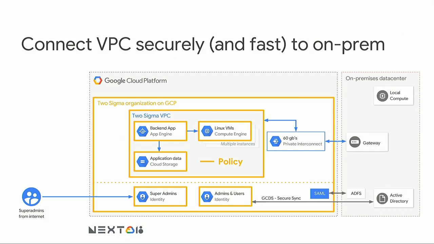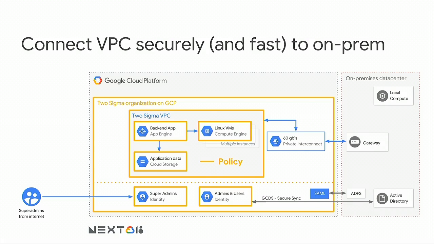You can use either a site-to-site VPN or something called a private interconnect. And they chose to use a private interconnect, and that gives them some amazing speeds, a 60 gigabit connection. So in this context, we're talking about security, but it's also really, really fast. So the connection, once you connect it up to your on-premise, your VPC, which is on the cloud, that brings